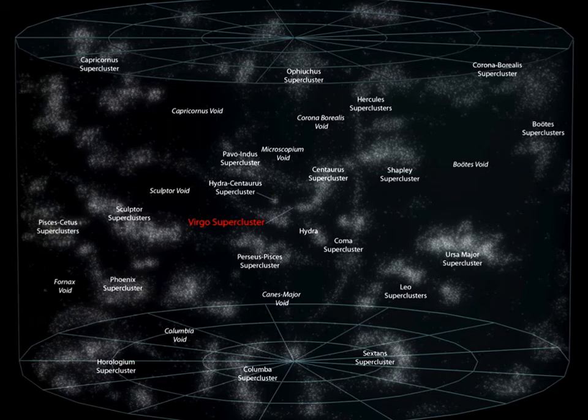This is the same sort of picture. We can see filaments, and we can see areas that appear to be almost completely devoid of galaxies. There's one here, the Boötes void. There's one up there, the Capricornus void. And again, what we're seeing in the structure of the galaxies around us are effectively the dimples in the golf